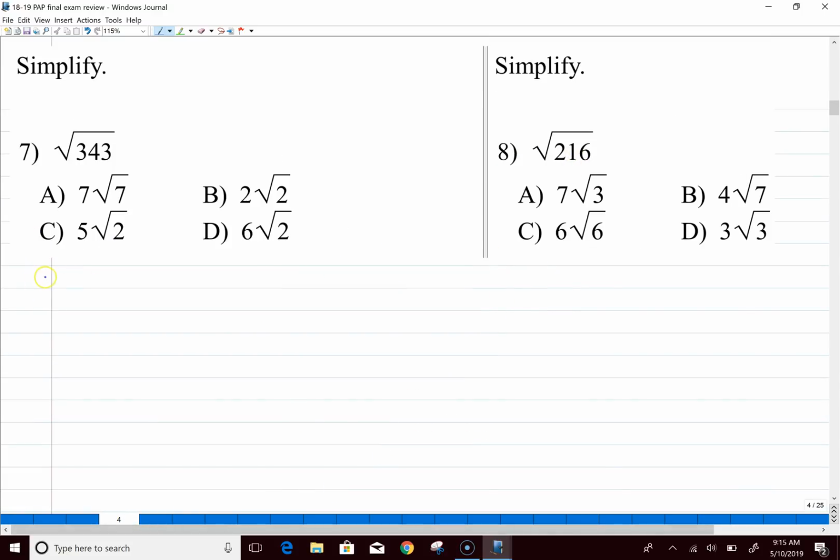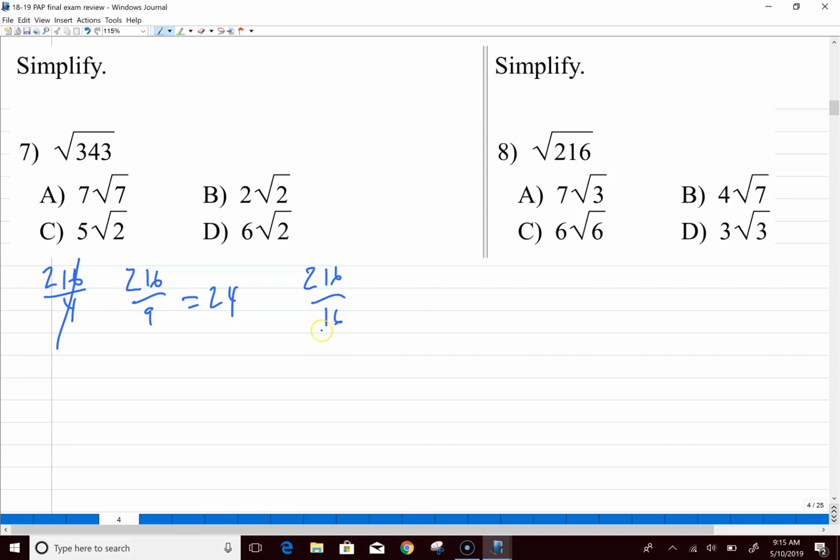Same thing here. 216 divided by 4. That's a decimal, I don't want it. 216 divided by 9. That gives me 24. So that's okay, but I want this number to be small. Remember, you want this number to be as small as possible. So I'm going to keep on going and see if I can get something else. 216, what's after 9? Then 2, 3, 4, 16. 216